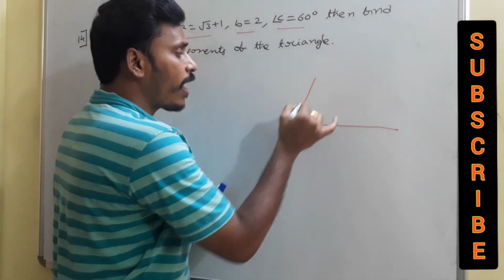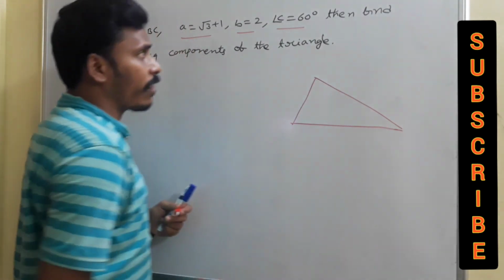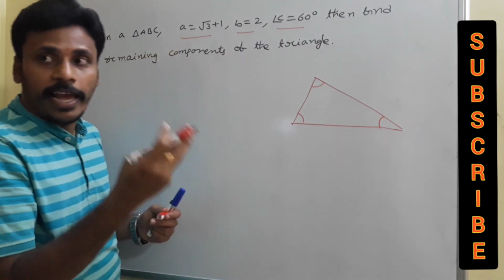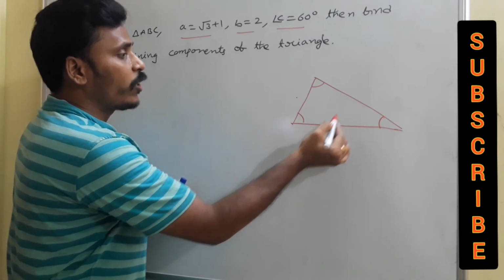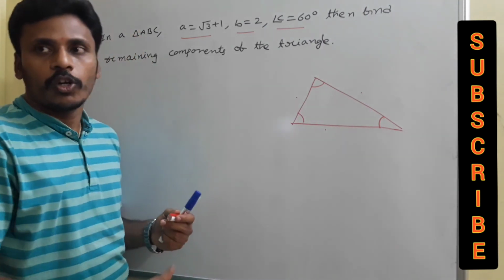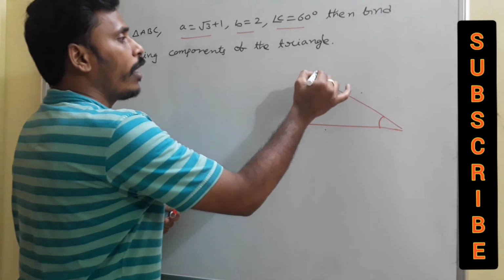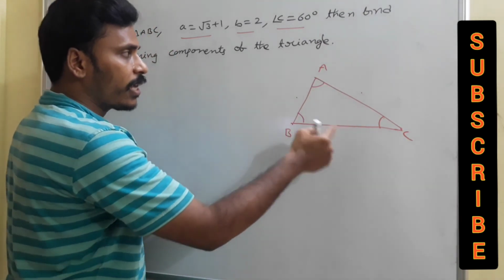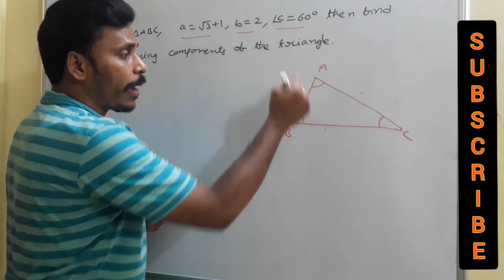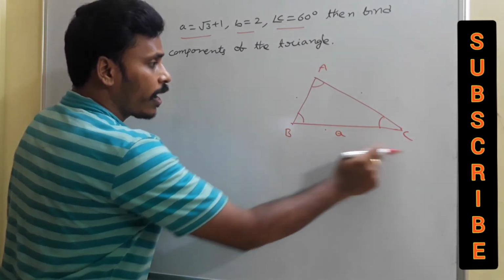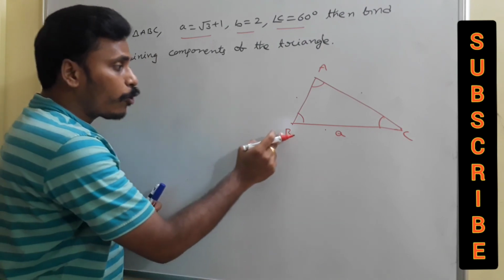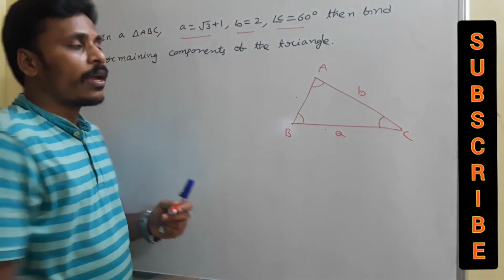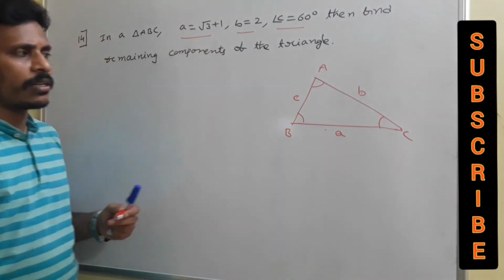We know it. If I have a triangle, see angle 1, angle 2, angle 3, 3 angles, side 1, side 2, side 3, 3 sides. Totally 6 components. And if you name them, A, B, C are the vertices as well as angles, and opposite to capital A, this is small a, the side length. Opposite to capital B, this is small b, its side length. And this is its side length, and all these are the 6 components.